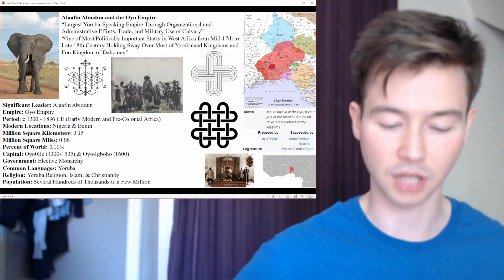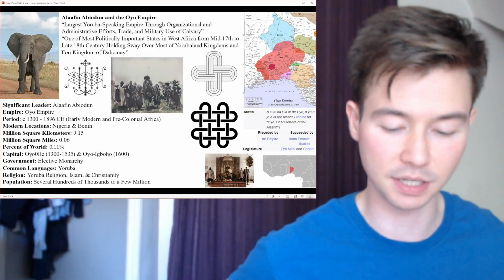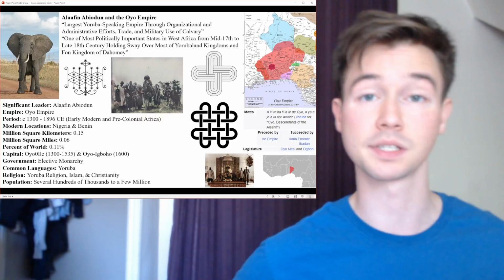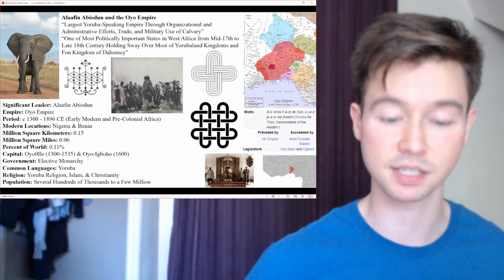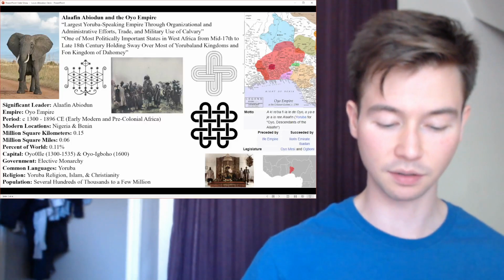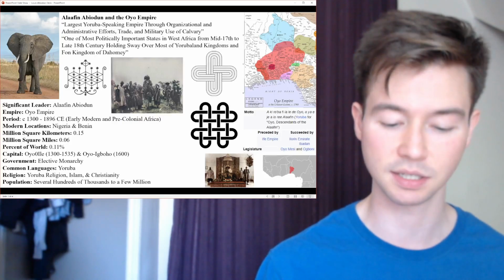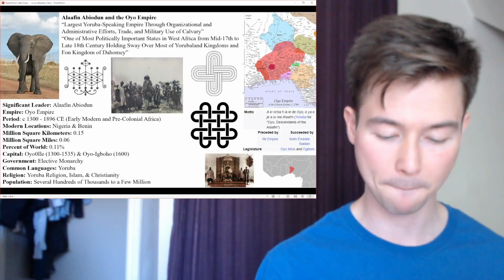As for the political climate, Abiodun ascended to the throne following a period of instability and conflict, both within the royal court and among the provinces of the empire. His rise to power involved navigating the complex dynamics of the Oyo political landscape, which included influential council members and regional leaders, known as the Oyo Mesi, or the council members. As for his reign and administration,